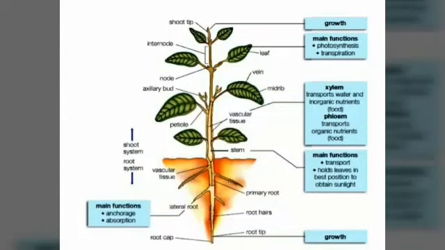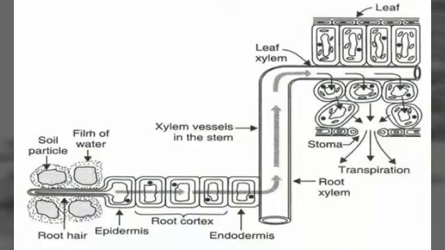Now, how does water transfer from root to aerial part? Let's understand through the diagram. As you are seeing in this picture, the roots have different branches, and these branches also have root hairs. These hairs are single layered, meaning they have a thin layer surrounding them.